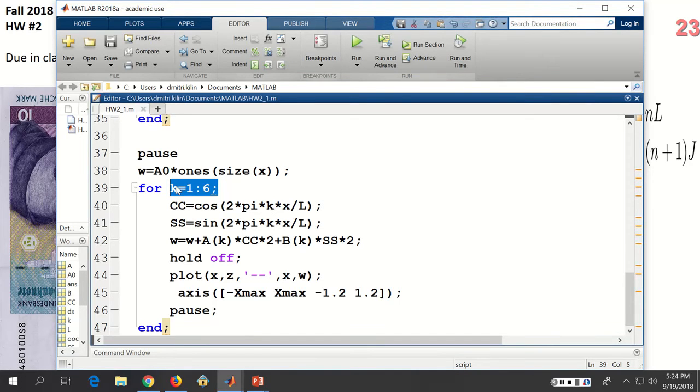Well, what gives an example of some random function? So,